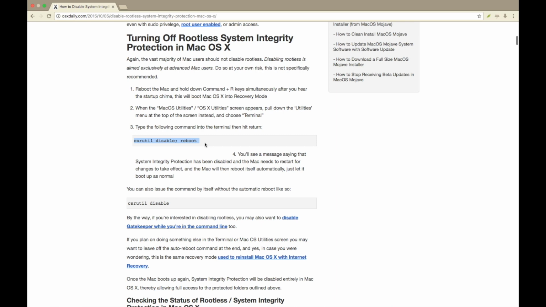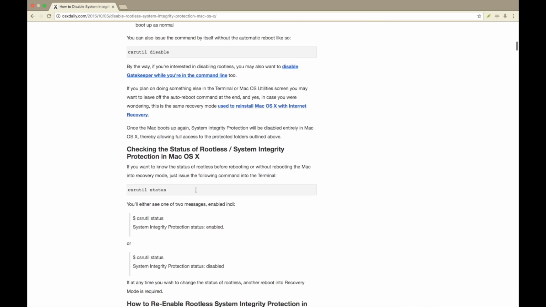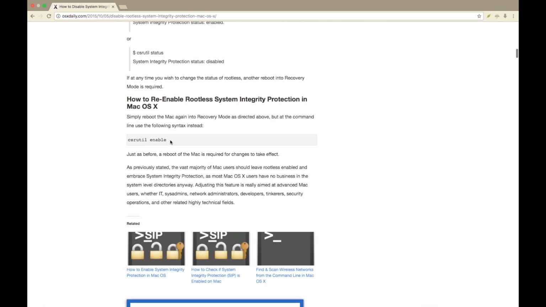You can do either or. You're going to reboot it. It's going to basically unlock your system. If you want to re-enable it, you can go back down here and just type in the same thing and re-enable it. I'll leave the code in there for you so that you can look at it,